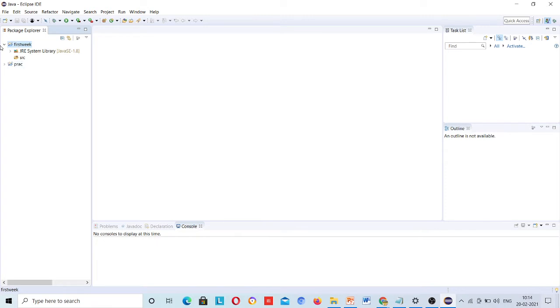Now you can see whatever name you gave for your project. This I have created previously, in your case this will not be coming. So this is first week. Just explore this. You will see the src package. What is a package actually? First you should know that if we are going to design a project, then there will be multiple modules. To manage those modules, we categorize our things, right? Not only in coding, in real time as well.